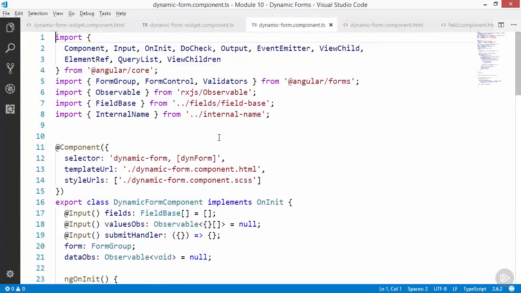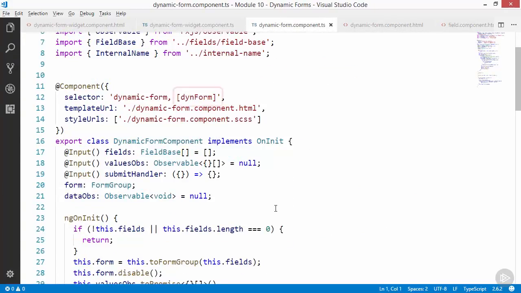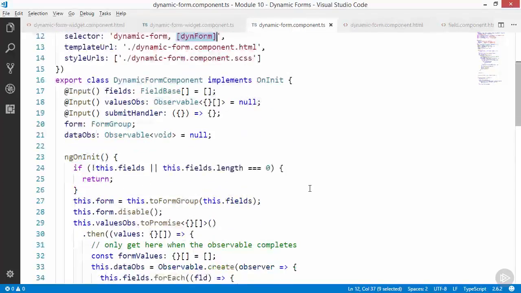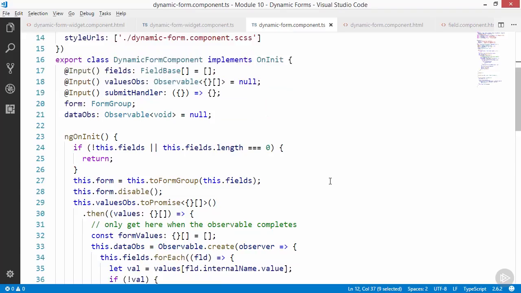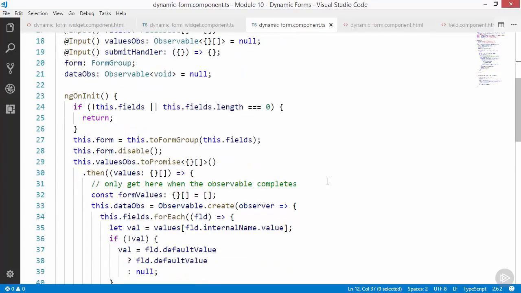The dynamic form component, as I said, is set up with a component attribute selector, so we have the ability to put it just on a div, like we did. So there's DynForm. We have a couple of inputs to get the values in. We saw those when we declared this in the widget component. We're going to dig into the on-init a little deeper when we're talking about data operations, but I want to